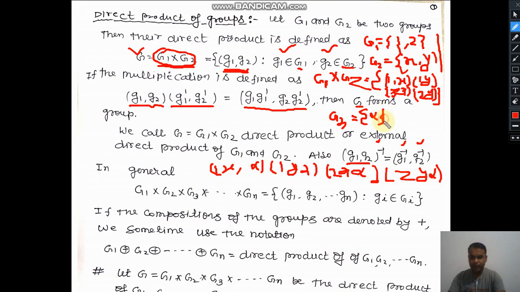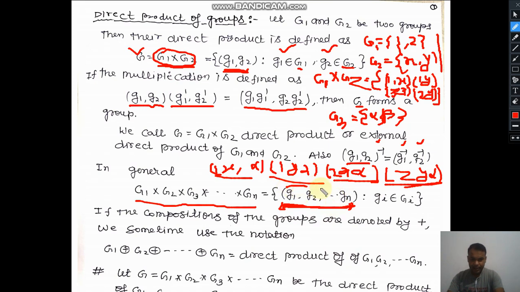While if you have one more element beta, then similarly 4 more ordered pairs will be generated due to the involvement of beta. So this is the way to write the external direct product of two or more groups. Let us suppose we have n groups, then the ordered pair will contain n elements. However, this will be used as a single element, but this single element, or this ordered pair, will contain n elements.